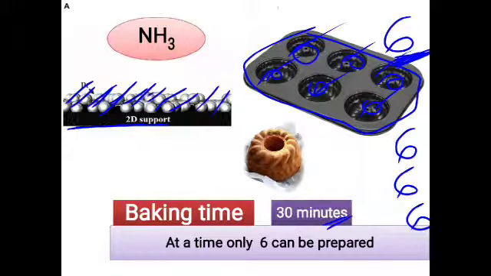And once these ammonia molecules which are absorbed decompose and leave the surface and go out, then the next set can come and get absorbed and then they can get decomposed into a product. Because once they go out, the surface will be made available and then the next set can come and get absorbed and have a reaction.